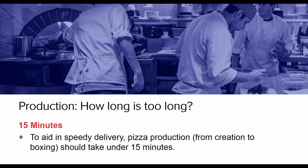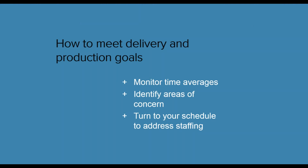Production, how long is too long? More than 15 minutes. Then it, by extension, will lend us to having problems on the delivery side. So 15 minutes to aid in speedy delivery. Production from creation to boxing should take under 15 minutes, and you should have